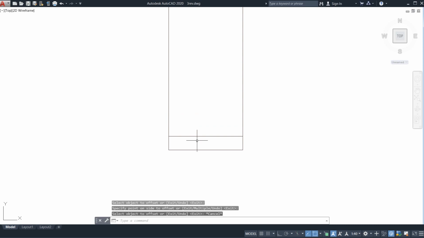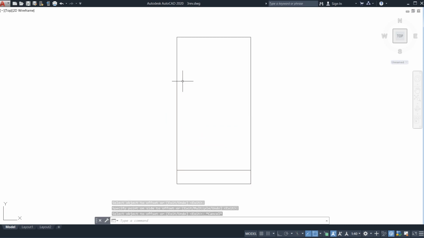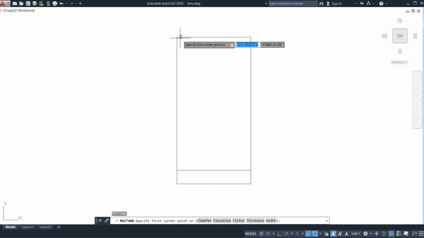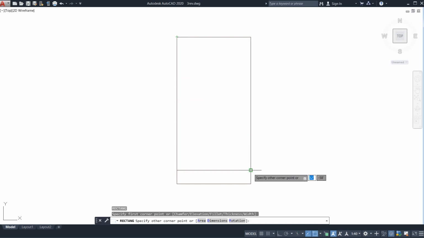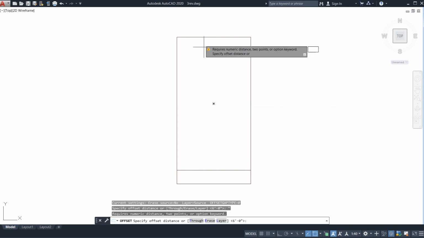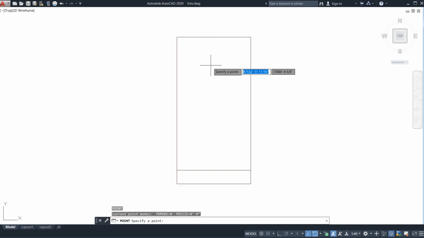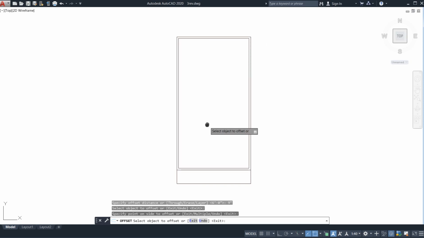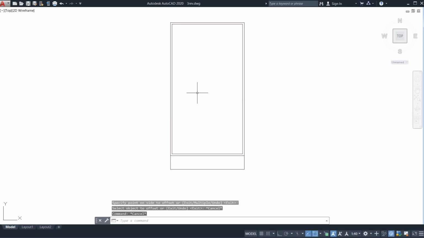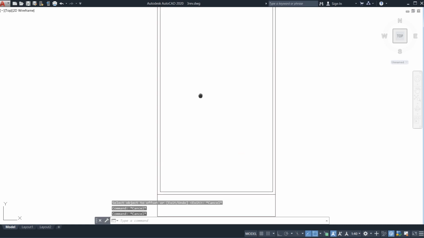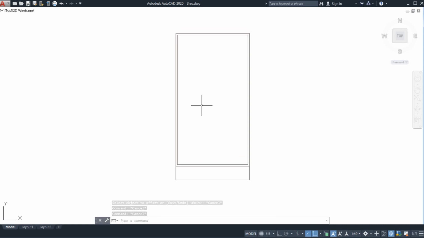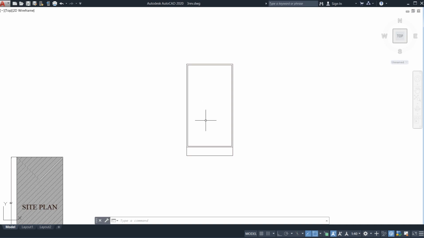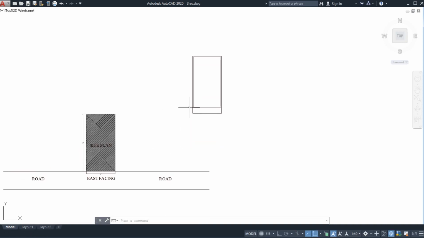Now I need to draw one rectangle again, REC from my keyboard, and I need to drag it from there because I need its offset of 9 inches. Why did I do 9 inches of offset here? Because the exterior wall thickness is 9 inches. 9 inches means it's a two brick wall. After that, you know this plan will be as per Vastu, right? So consider all the Vastu concepts. I'm going to tell you what my Vastu guidelines are in this plan.